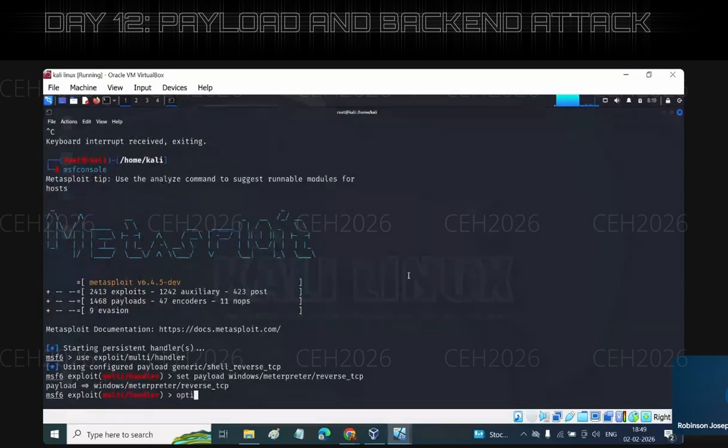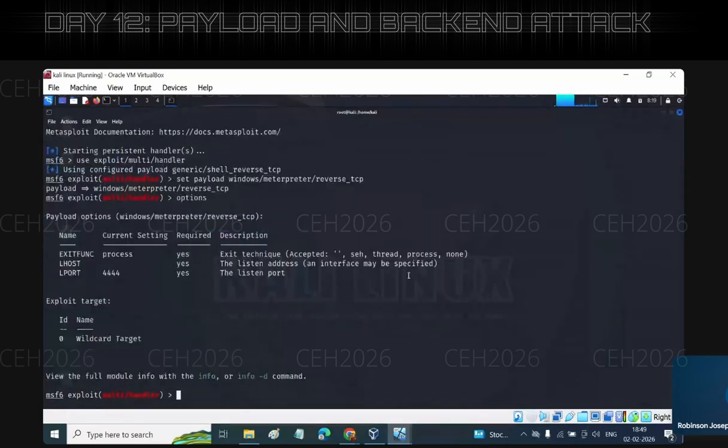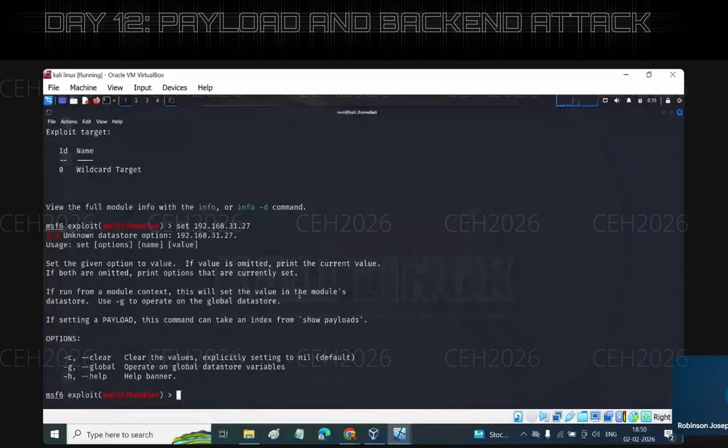options कमांड से मैं देखूंगा, यहाँ LHOST मतलब लोकल होस्ट, मेरी खुद की अटैकर मशीन का आईपी एड्रेस अभी डिफाइंड नहीं है। तो सेट कर देता हूँ, 192.168.31.27 ये सेट कर दिया।